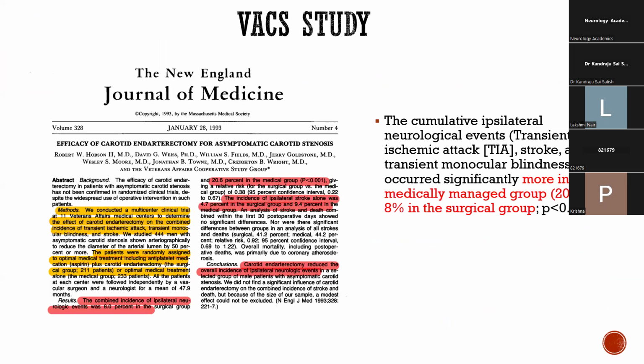This is the first study, which is the Veterans Affairs Cooperative Study Group, and it got published in 1993. So they recruited patients, that is 444 men, and they were randomly assigned to